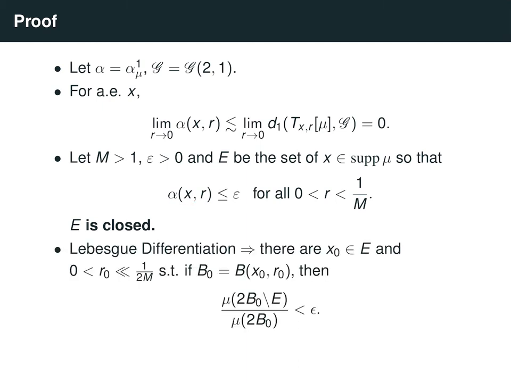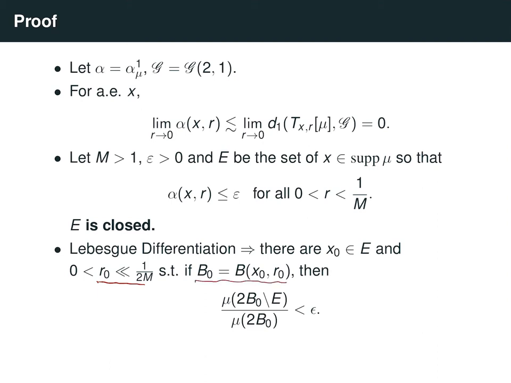By Lebesgue differentiation, there exists a point x naught in the set E and some r naught a lot less than 1 over 2m. You shouldn't think about the precise value, but it's some number that I'm going to pick small enough to make sure everything in my proof works. So there's some number r naught less than 1 over 2m so that